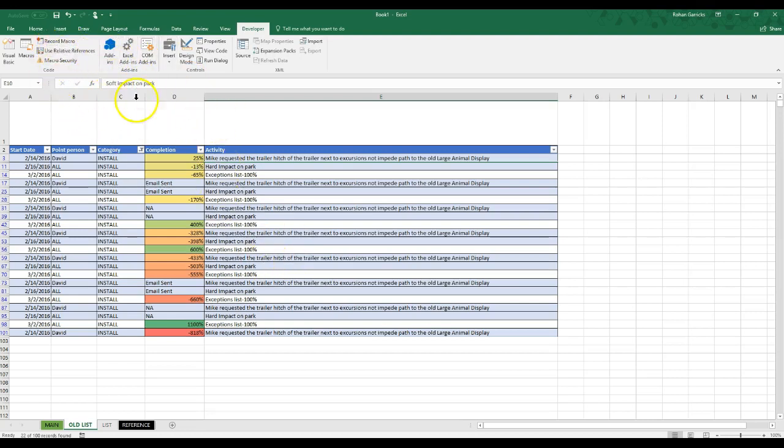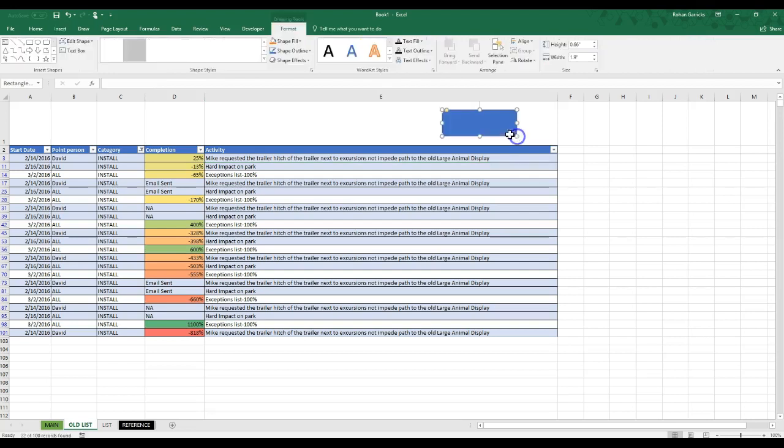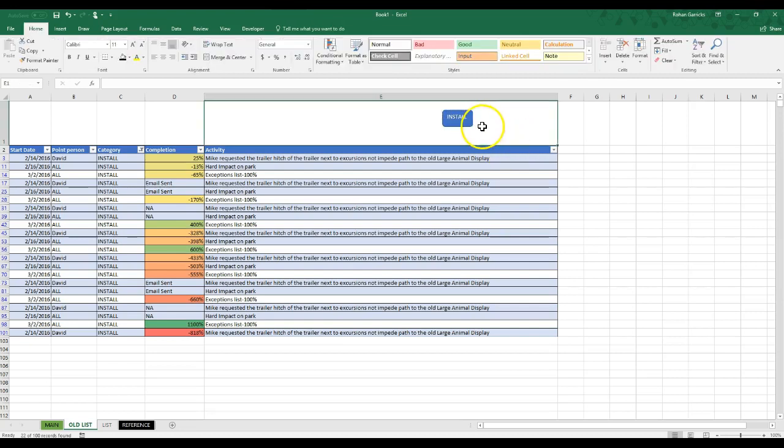Now, how do I play the macro? I have to insert a shape. You can choose a shape. And you can name the macro by clicking inside here. This one was install. Right? And by clicking here, you can change the shape of this and the size. Now, how do I get this button to magically become my